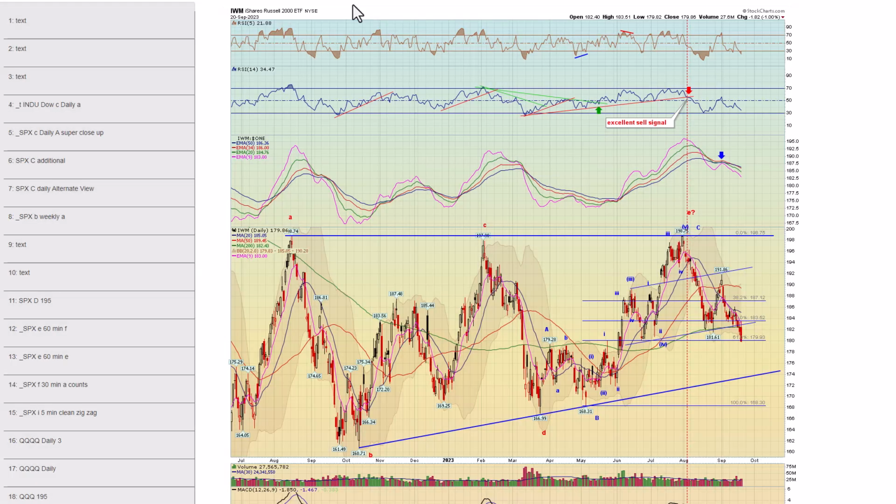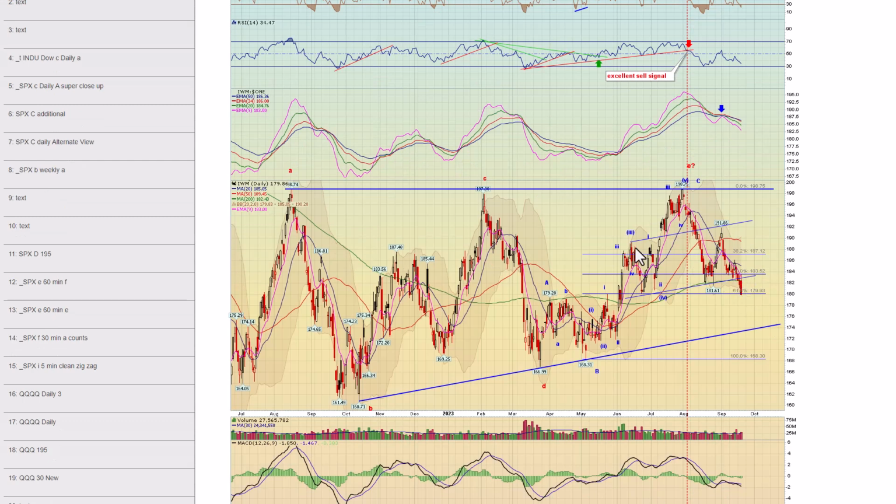Next, moving on to the small caps, IWM, leaking oil here. Remember, we've been talking about this potential slanted head and shoulder look. Lost the neckline today. Price is right at the 61 fib now. Boy, does not look pretty. Wouldn't be surprised if it goes all the way down to the lower channel trend line now.